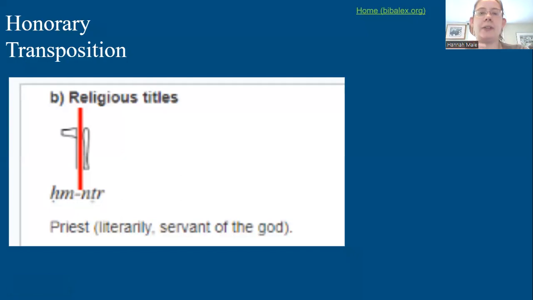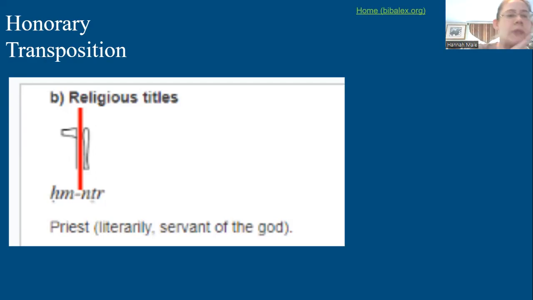I chose this word in particular to highlight because it illustrates another grammatical feature that you see in ancient Egyptian hieroglyphs called honorary transposition, which basically means that the more important word, or the more important picture or sound sign, comes first in the actual writing of the hieroglyphs, but second when you do the English